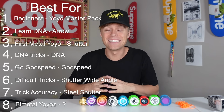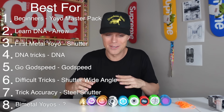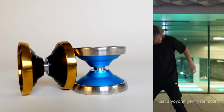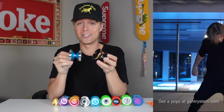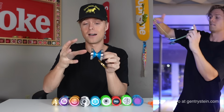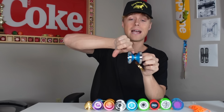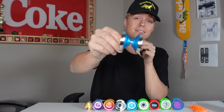Last but not least, the best Bimetal premium yo-yo is the Shutter Evo. This is the most recent yo-yo in my line, and it's really a revolution for Bimetal yo-yo design. Most of the time, Bimetal yo-yos have the steel rims on either the outside or the inside, or maybe on the inner rim of the yo-yo, but the Shutter Evo actually has a fully wrap around stainless steel rim,